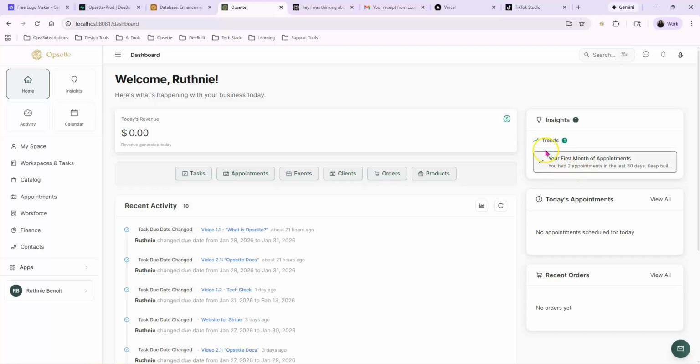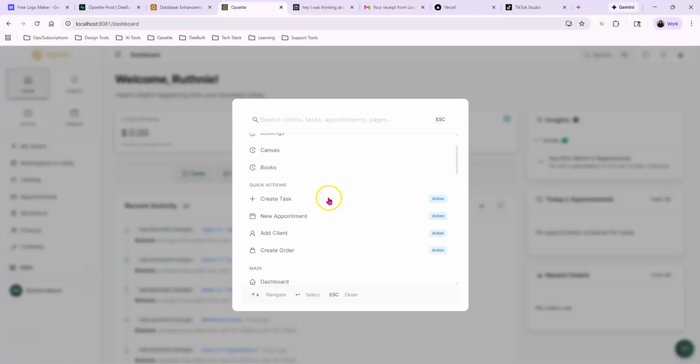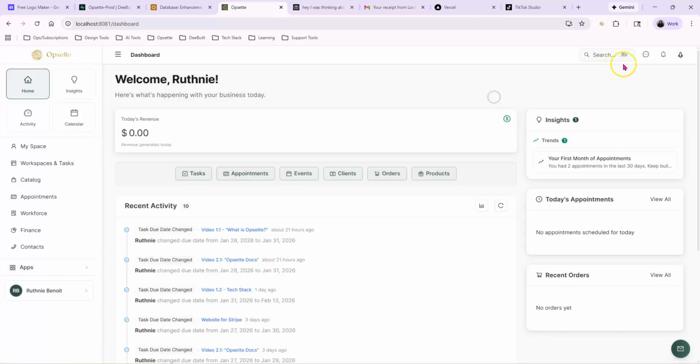We have an insights section that'll show you trends for your business. There's a little thing up here that'll show up to let you know if there are clients that are available for rebooking. So this is geared towards small businesses, even tiny businesses, or hobbyists who take their hobbies seriously. We have this cute command palette where you can search for everything globally inside of the app. You can search for specific appointments or clients in here or tasks.